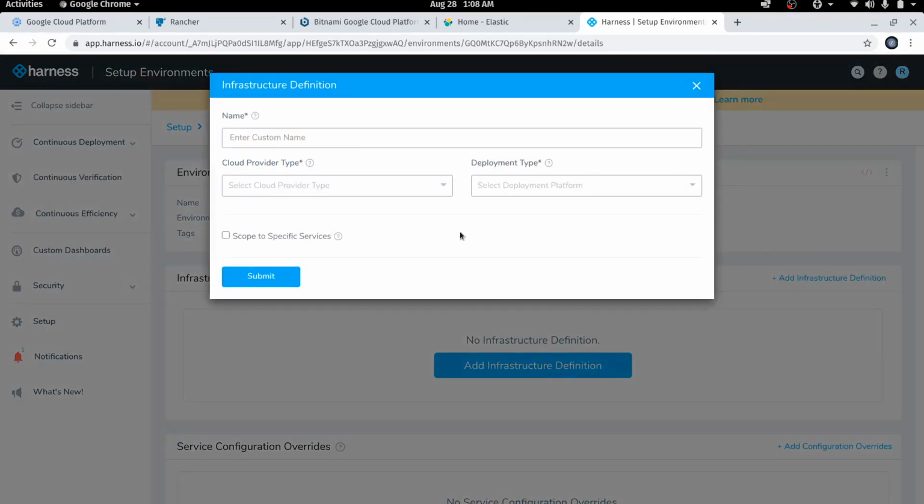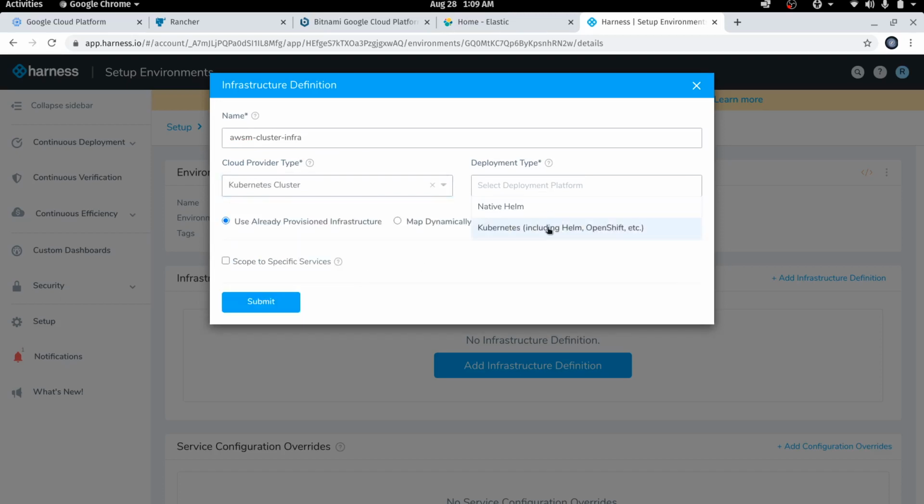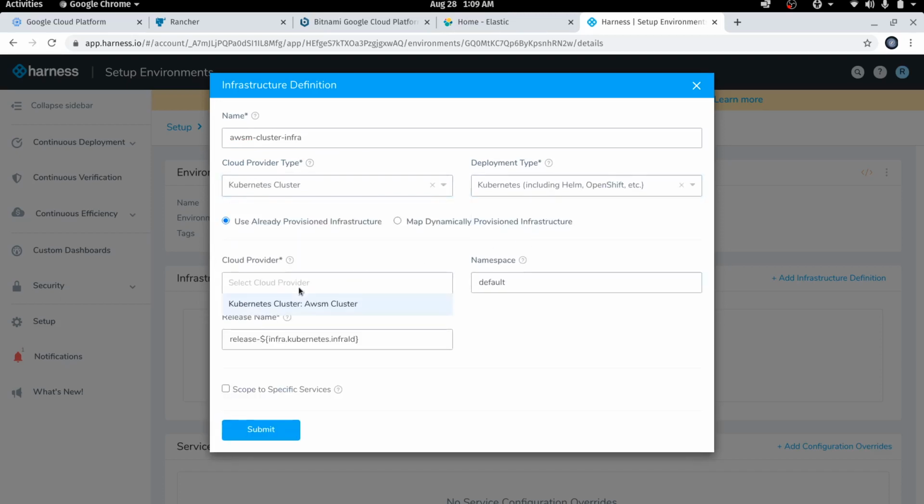We are going to do an infrastructure definition. Enter some cluster name, awesome cluster. Okay, so deployment time is